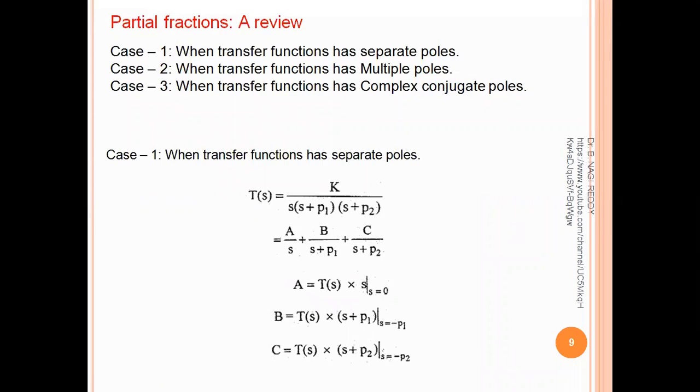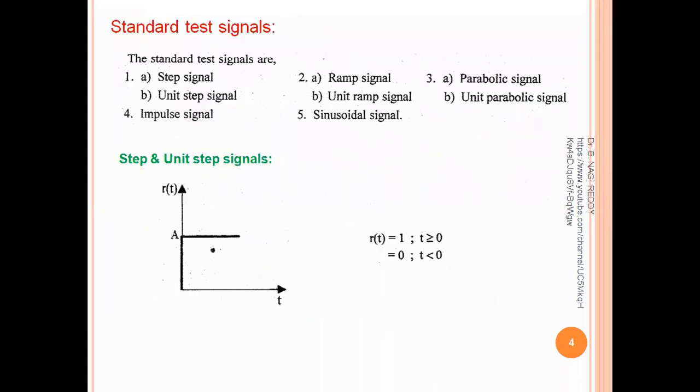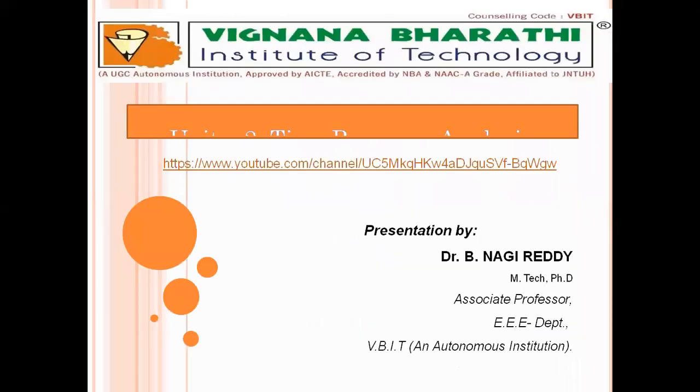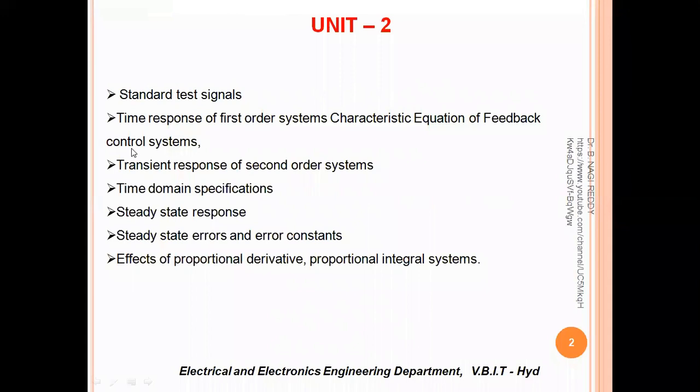In our next concept, we have to determine the transfer function for first order systems, second order systems, right? So once I want to show you the syllabus copy. See, we need to determine the time response for the first order system as well as the second order system. Here we particularly consider the transient response. However, transient response is one part of the time response, right? We have two parts in the time response. One is transient response, second one is steady state response, right? So we need to determine the time response for the first order systems and for the second order systems.